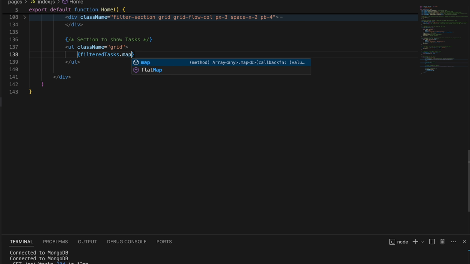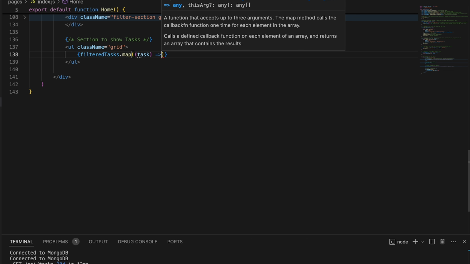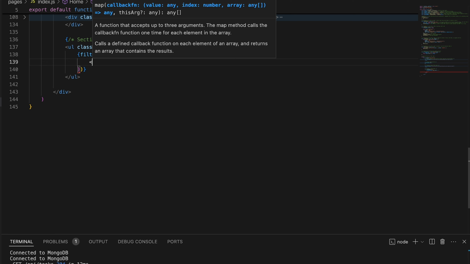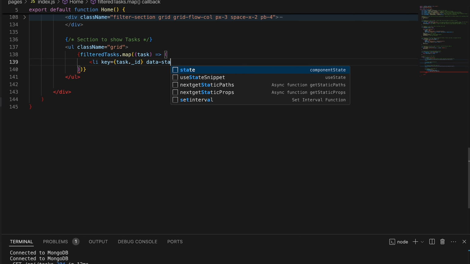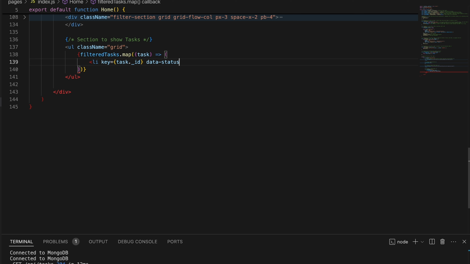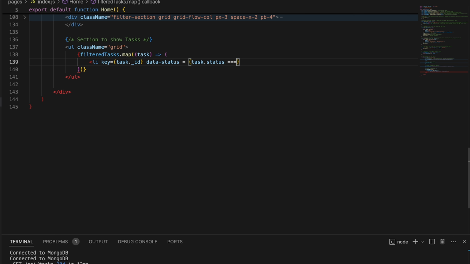Filtered task.map, task into this list section. We add another attribute statement to check the status of the task. If the value of task.status equals done, there's a done